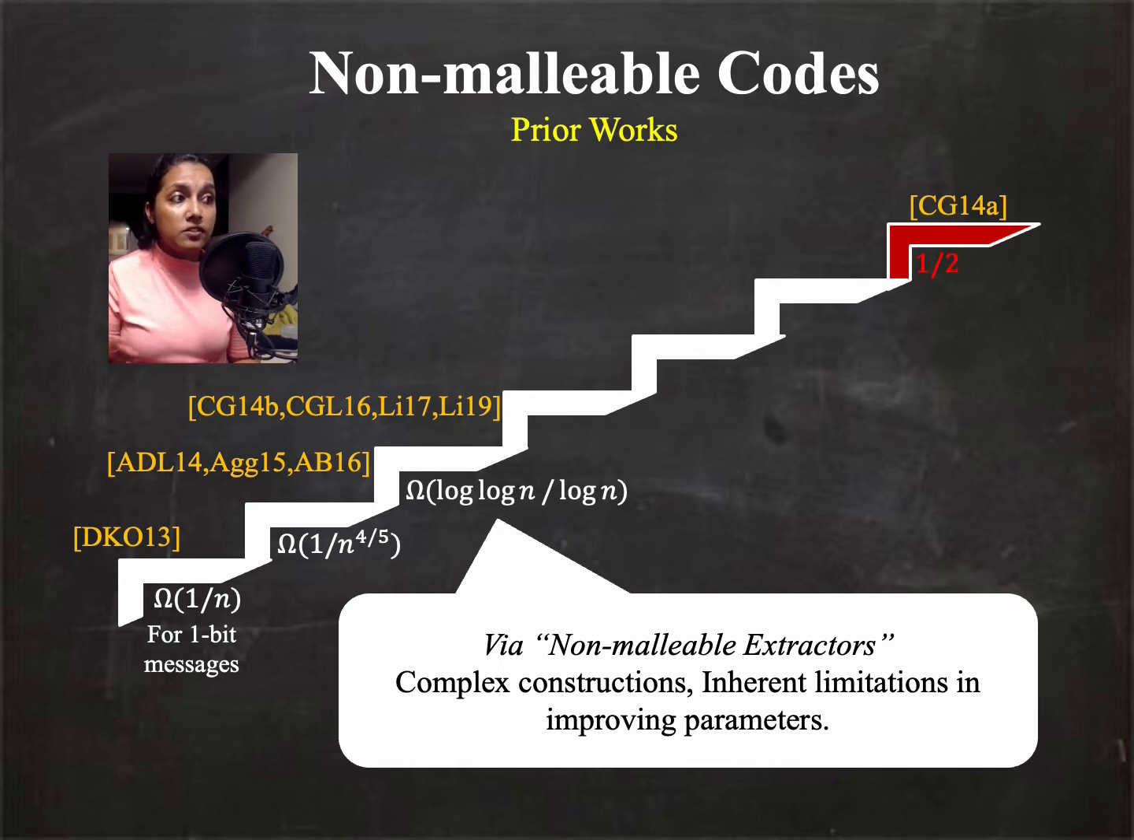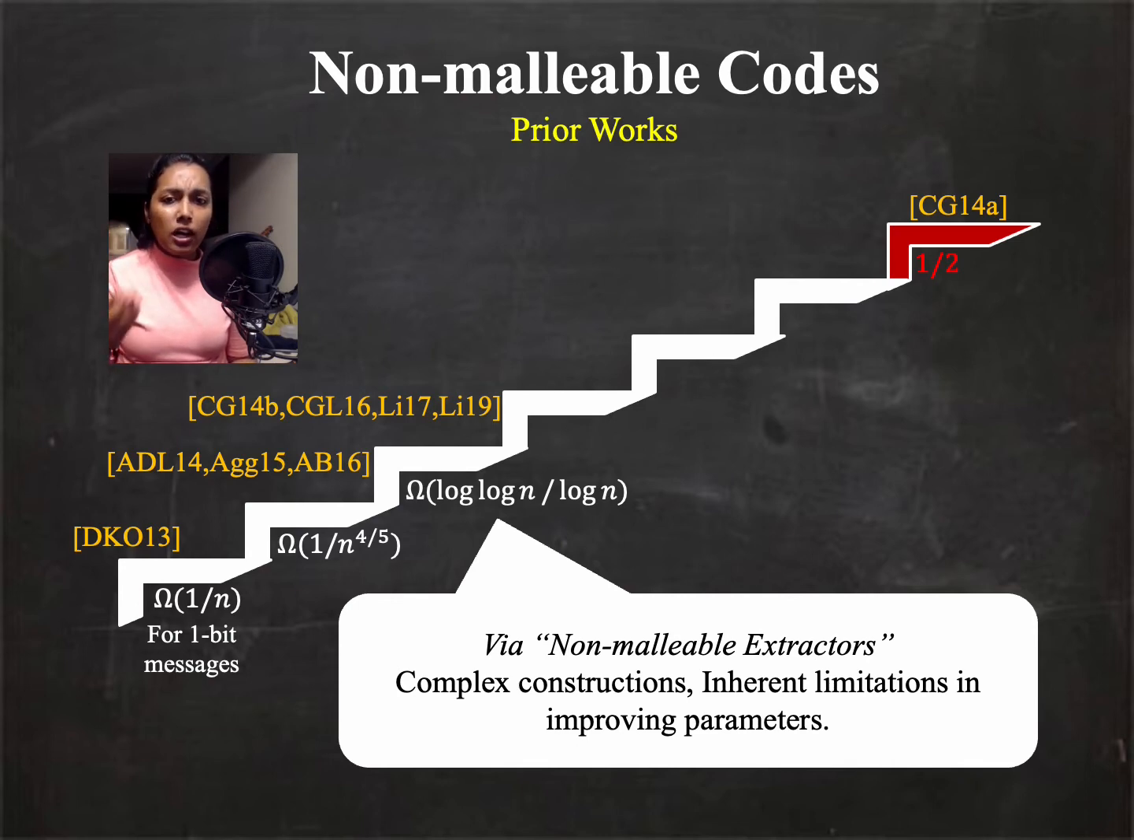This led to a series of works that aim to build non-malleable extractors with better parameters, and all of them turn out to have complex constructions, and the best possible rate in this realm is due to Li in 2019, which achieved a rate of omega log n over n. So this brought it down from an inverse polynomial to a logarithmic rate,